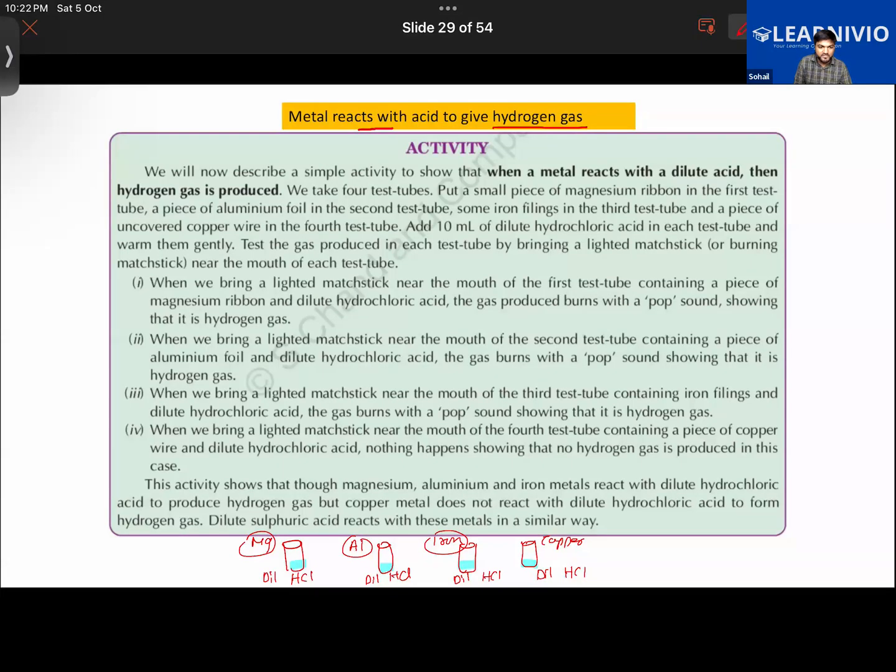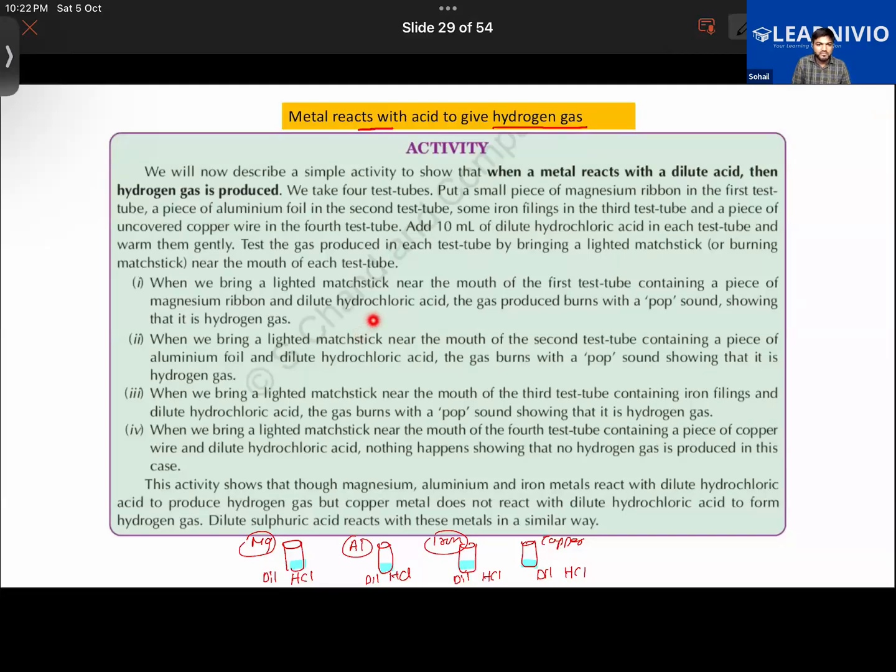Now when the reaction takes place, some gas will be given off. I mean to say in all four, reaction is going to take place. We know when a reaction occurs, a gas will be given off. Like we know that when metals react with acid, hydrogen gas is given off. But some of the metals are very less reactive, so hydrogen gas might not be given off in that one.